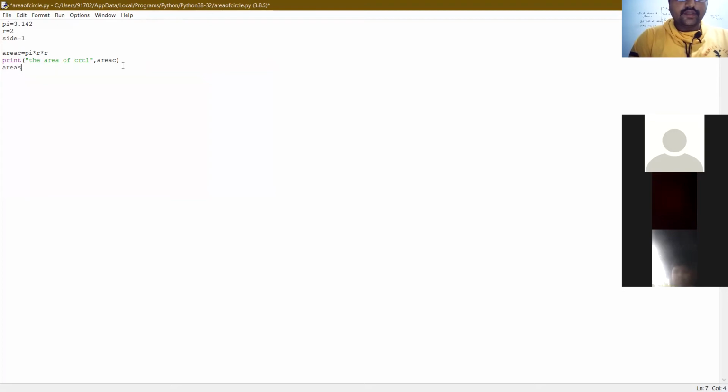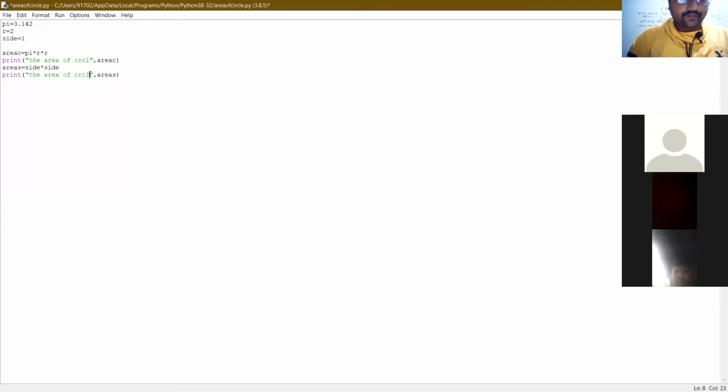Area S is equal to side into side. Enter. The same thing I will copy, Control C and Control V I will do. Here I will print S.